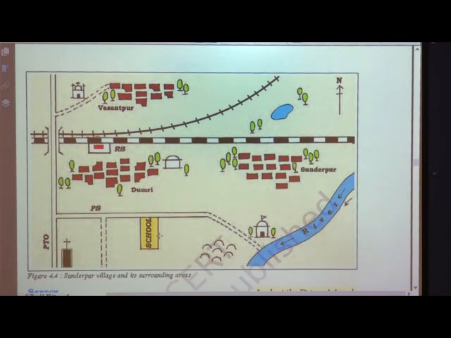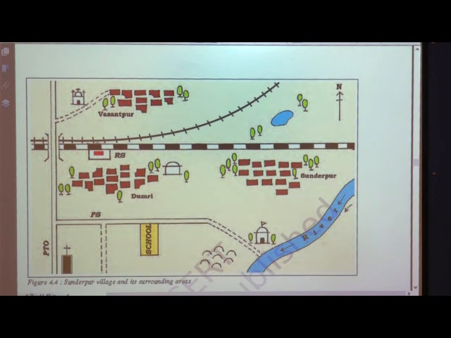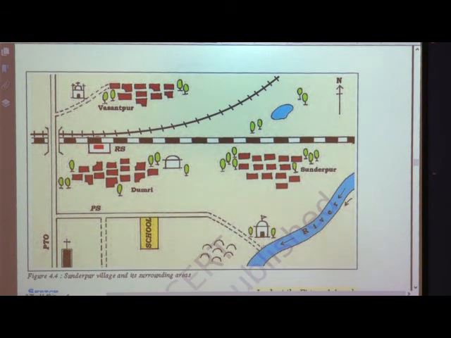Now, come on, just tell me what this is, children. Can you recognize something by seeing this picture? What is this? Yes, this is a sketch, right? We make sketches now in our drawing books.